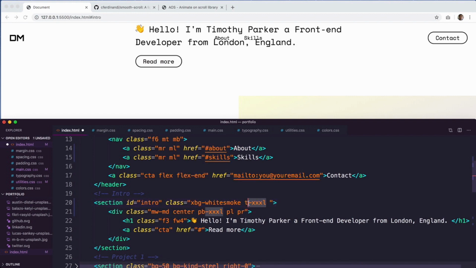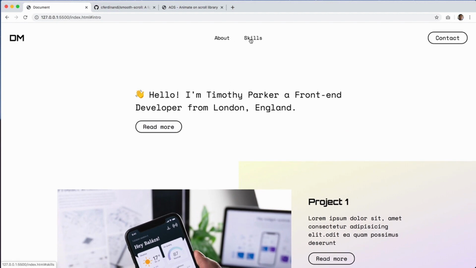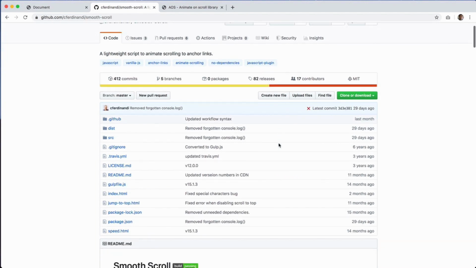Okay, so maybe this is just overkill for now. I'm getting too perfectionist, so we'll just leave it like that for now. So now we want to introduce the smooth scroll. If we go to the script, all we have to do